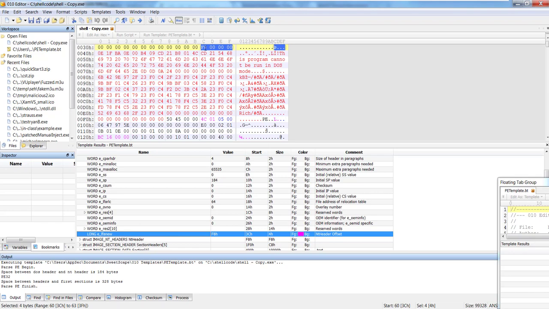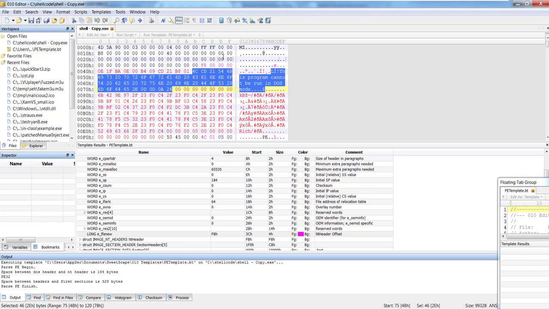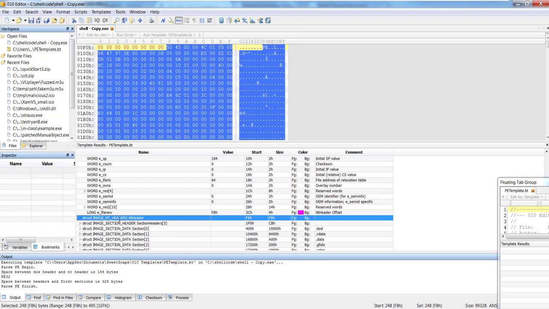So if I get that, because why do I need the LFNU? Because this DOS stub is variable. It doesn't have to be this. It could be something slightly different, and so the bytes would be different. That makes it hard. If it's not a constant, then we need to take that into consideration, and so LFNU is our way to take that into consideration. So that then can get us over here to the PE, which we go into our NT